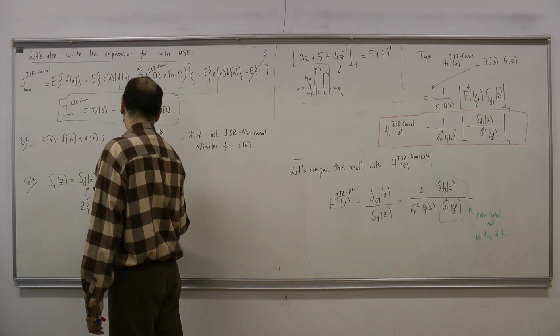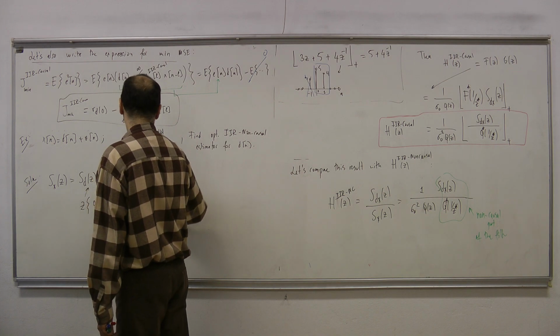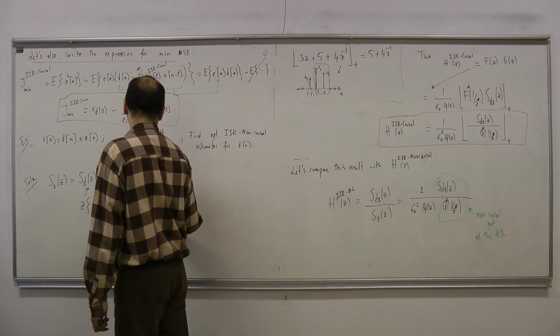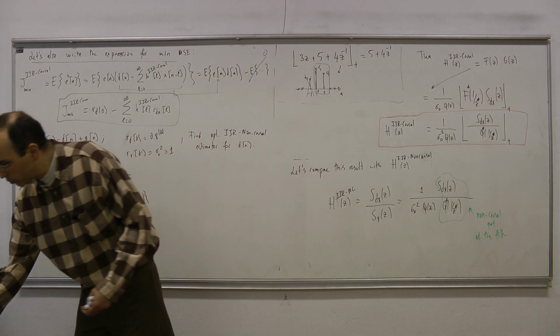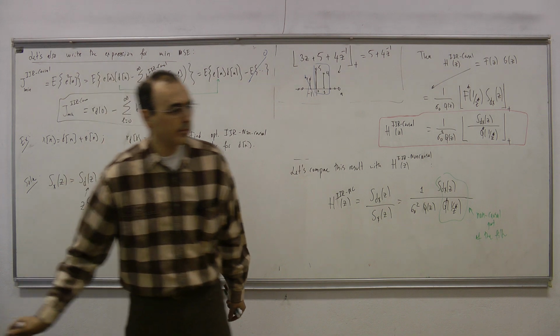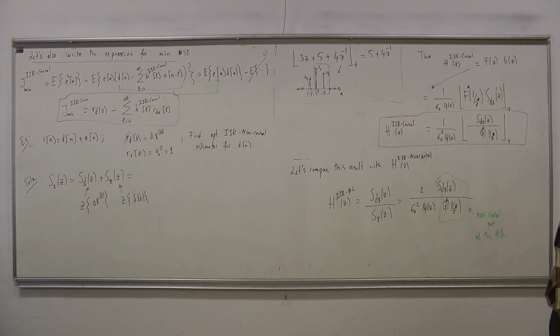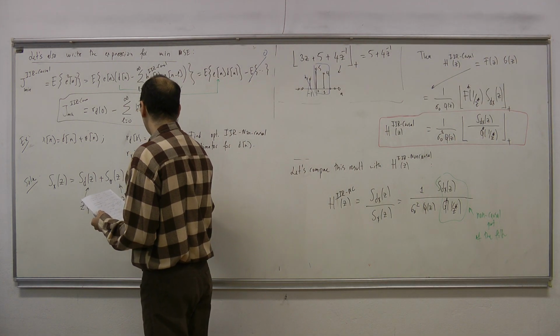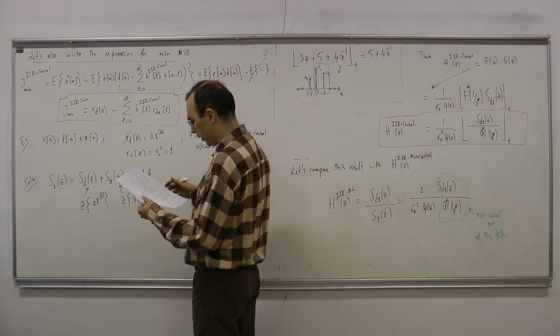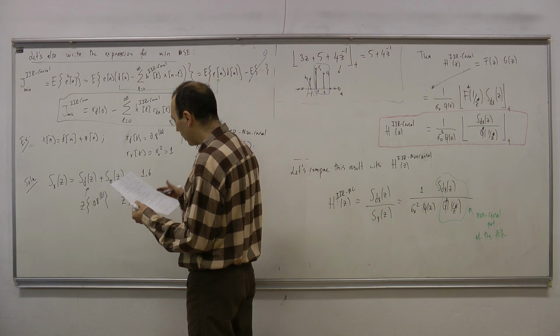This is the z transform of delta k. Okay. Then if I do this calculation, what do I have? This is derived in the previous lecture actually. This is 1.6